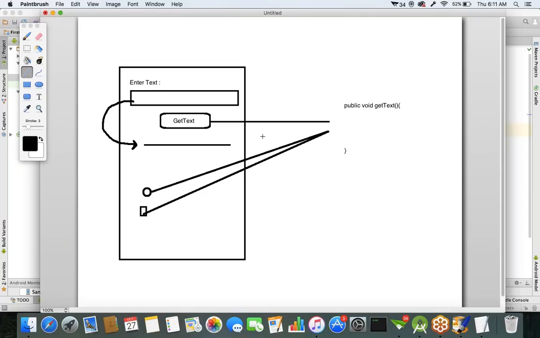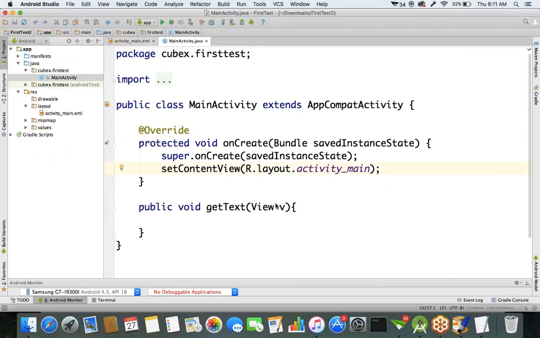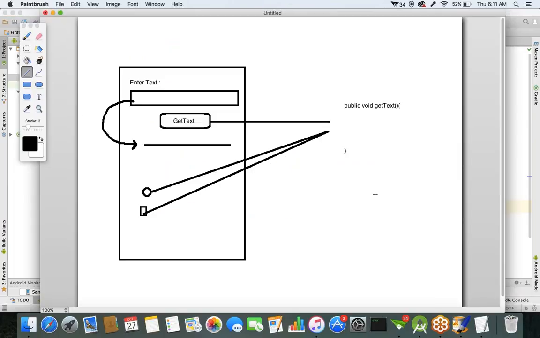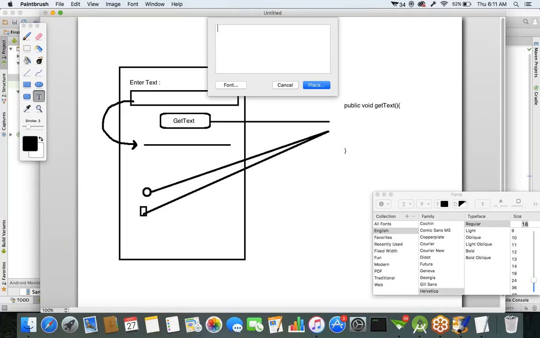That's why we are specifying the input parameter as what? A view object as the input parameter. If we specify the view object as the input parameter, it means we can call this method from any UI component, from any UI group, because a view object